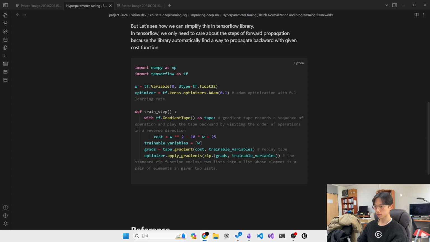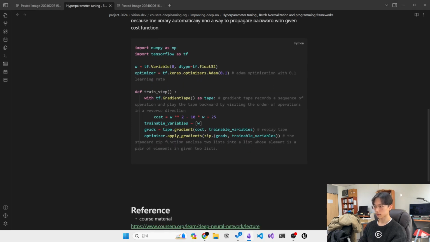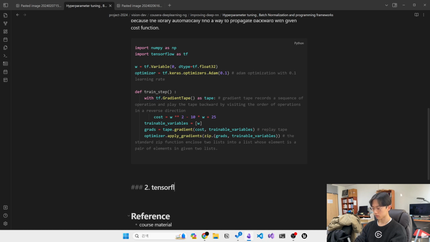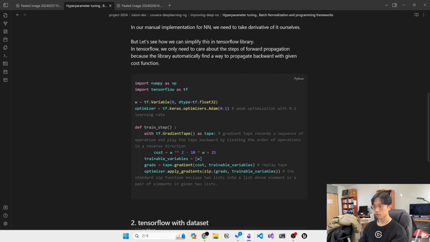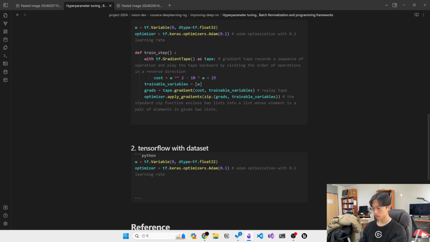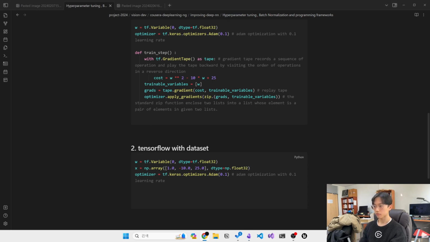Let's go through another version of how to implement all this. I'm still going to define W as the variable. Also going to use the Adam optimizer, but now I'm going to define X as a list of numbers, as an array, and I'm going to plug in 1, -10, and 25, and this will be another float32. So these three numbers, 1, -10, and 25, will play the role of the coefficients of the cost function. So you can think of X as being like data that controls the coefficients of this quadratic cost function. So let me now define the cost function, which we're going to minimize as